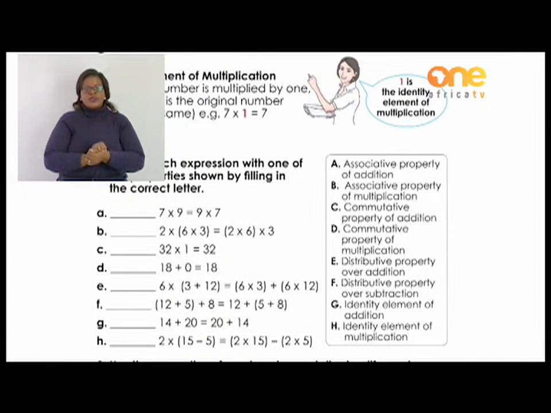1 is the identity element of multiplication. How? If you multiply 1 by a number, you get that number. And remember the identity element of addition, which is 0. For multiplication, it's 1. Now, I need to go to the chalkboard to explain further in a practical way what